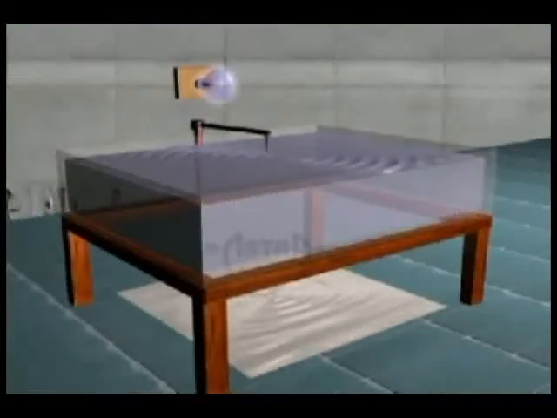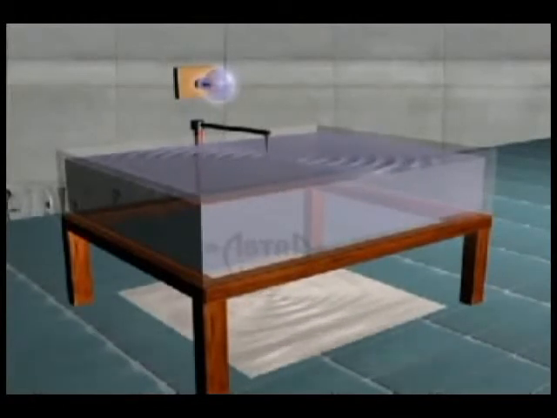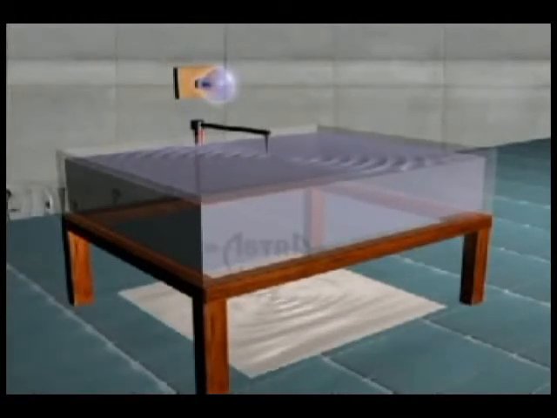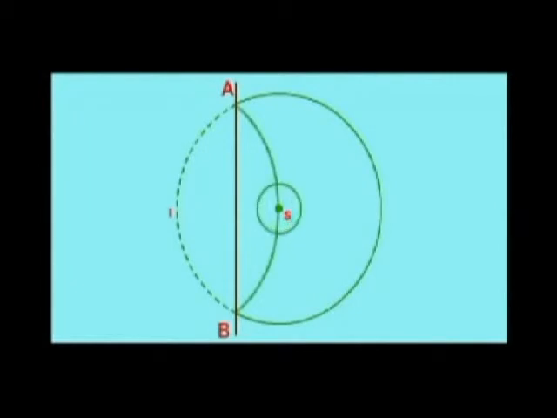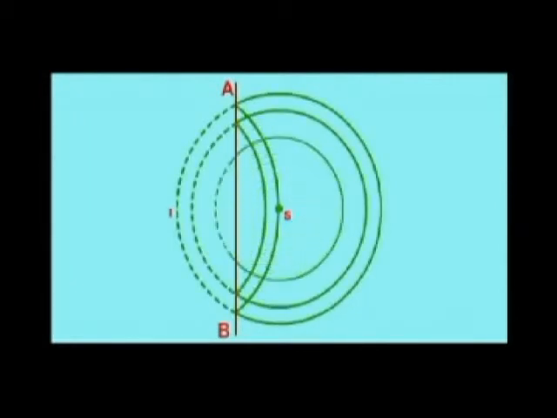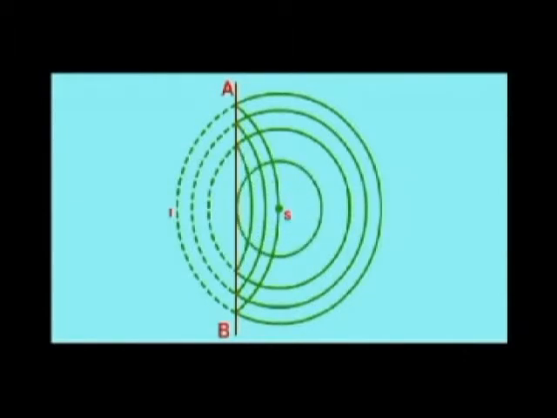Now let us understand how water waves reflect. This is demonstrated by a ripple tank. A circular water wave produced by the vibrating tip of the needle in the ripple tank travels forward. Such circular waves with origin at S proceed. When such circular waves hit the obstacle which is placed in the center of the tank, the water waves reflect back. These reflected waves, which are called ripples, are also in the shape of circular waves.